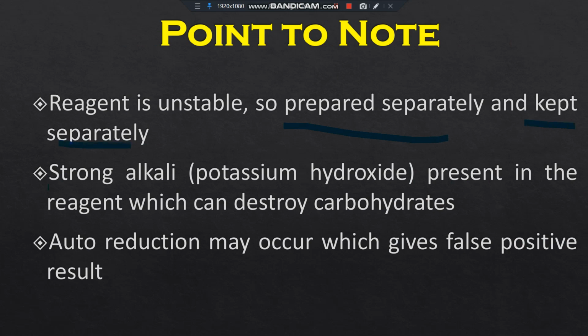Second point is, we are using a very strong alkali, that is potassium hydroxide. This strong alkali can destroy carbohydrates. So when you use potassium hydroxide, the carbohydrate can be destroyed and you will not get the correct results. Third point is, there can be chances of auto reduction, which gives us false positive results. So these are the 3 important things which need to be remembered, and that's all about the